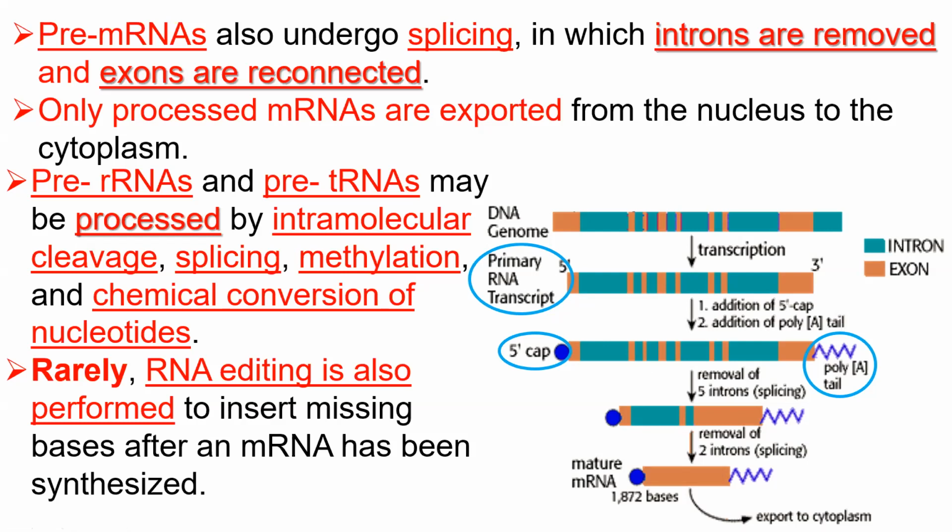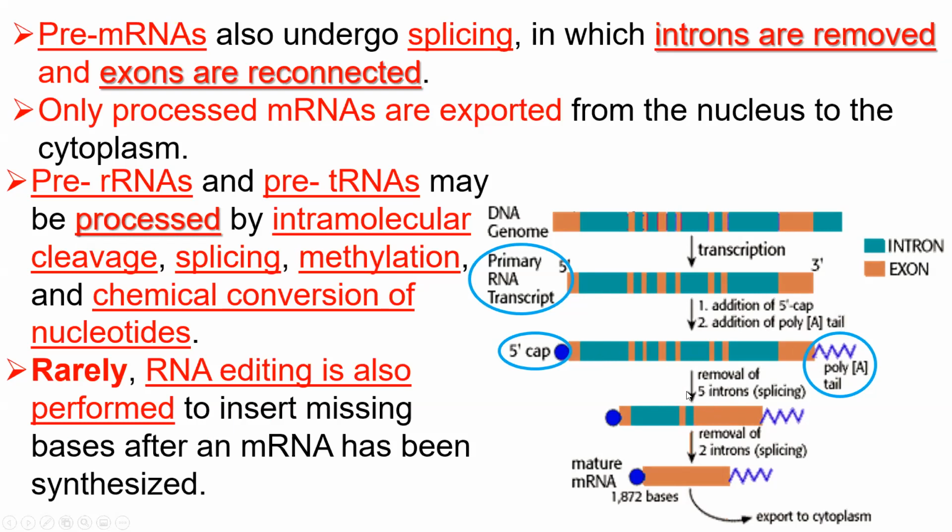Those modifications are three. You need to know those. The first one is adding a cap. This modifies the 5' end of the messenger RNA so it will be recognized by ribosomes. Number two, a polyadenylation tail is added. Poly A means a very long strand of RNA made mainly of adenine, a repetition of adenine. We call it the polyadenyl tail, a tail made mainly of adenine. And this is so important to stabilize the transcript.